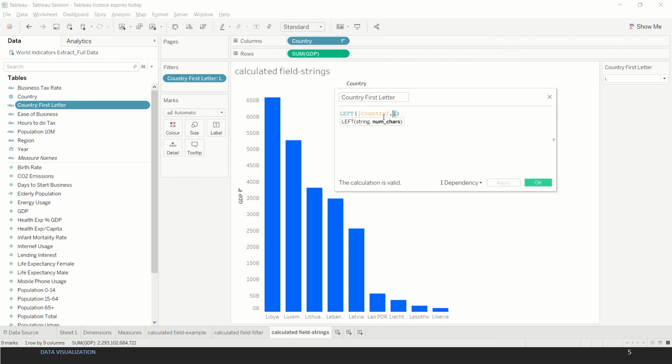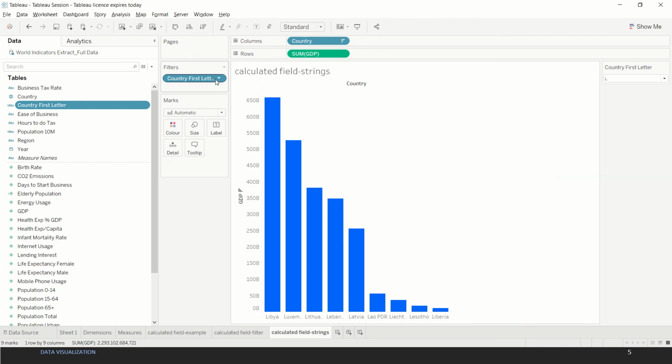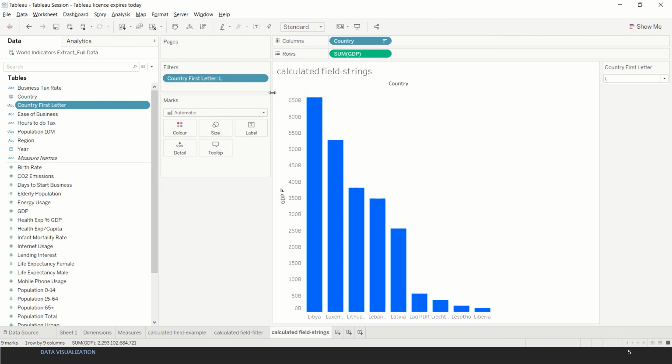If you click here, Tableau prompts you with the syntax that is applicable to this calculation. There are other options available in string manipulation like LEFT, MID, RIGHT, and so on. I'll advise you to go through all those, and once you have created this field, you click OK. Now like in the previous sheet, you just drag this calculated field to the filter shelf, and then you show filters, and this time I've used the drop-down menu.